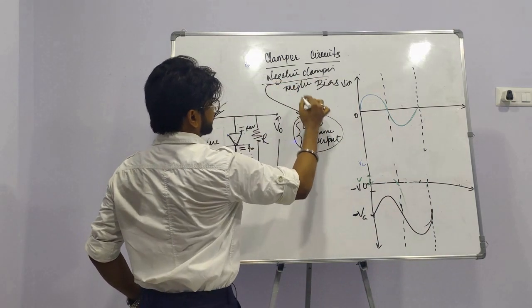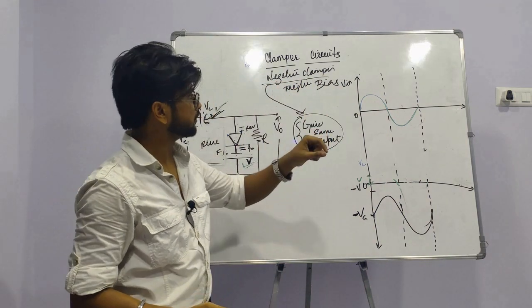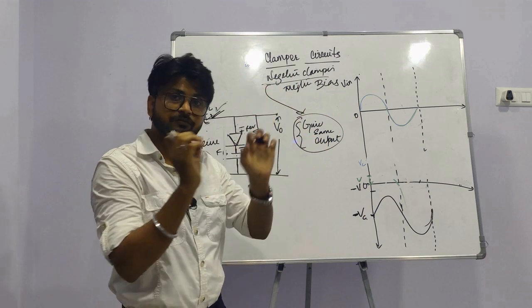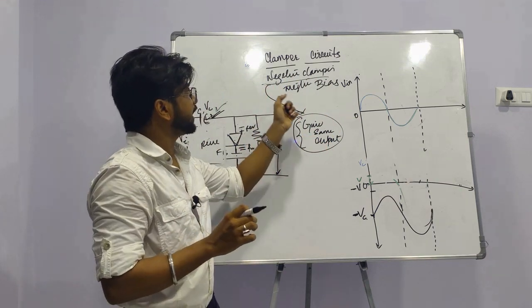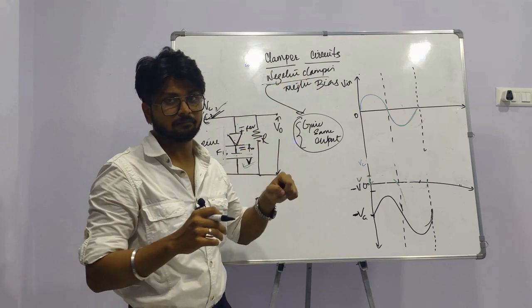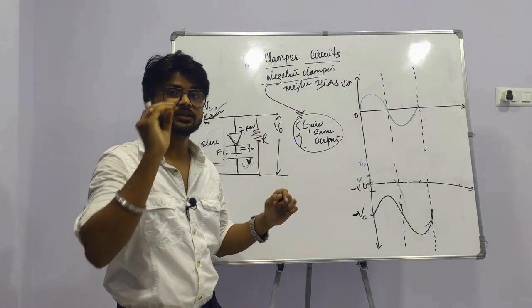Therefore, the voltage here will be something like this, which is the same as the negative clamper. Here, as I said, the positive clamper with positive bias mimics the positive clamper. In the same way, the negative clamper with negative bias also mimics the negative clamper, but not in the calculation part. Only